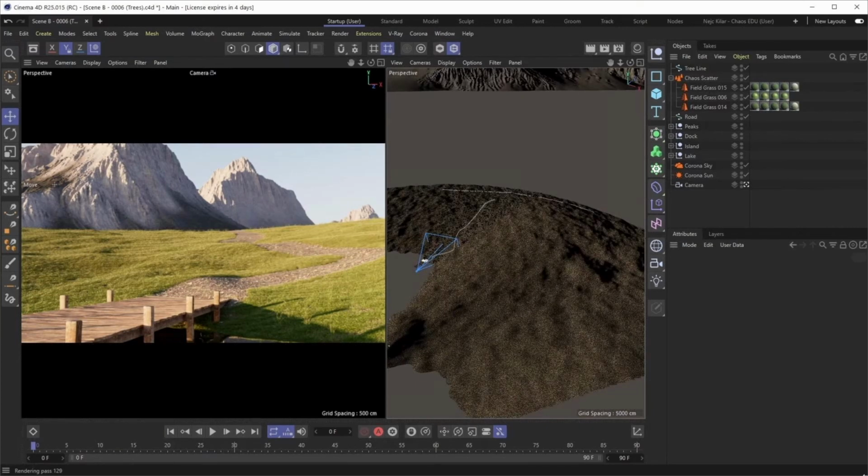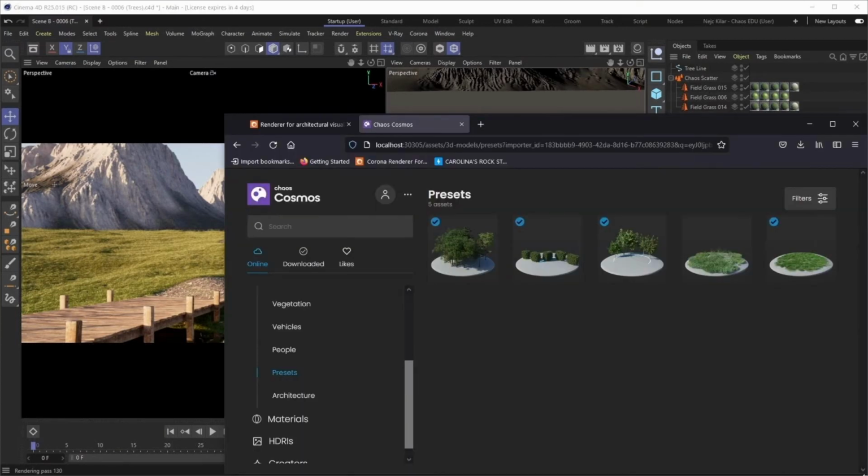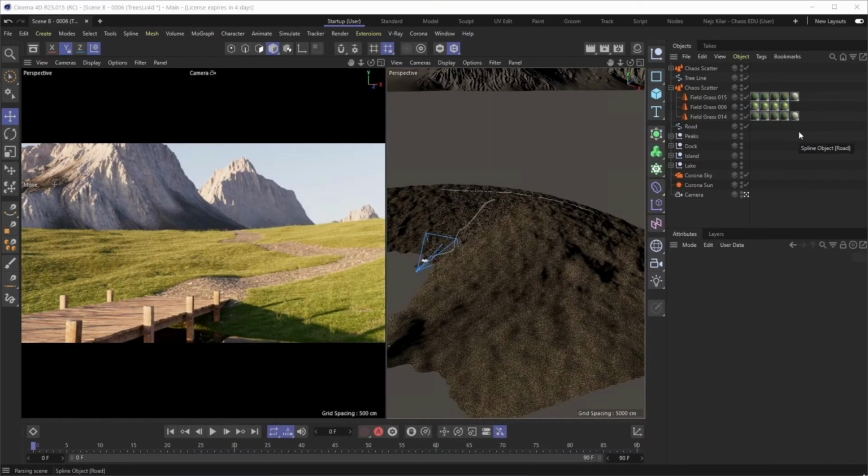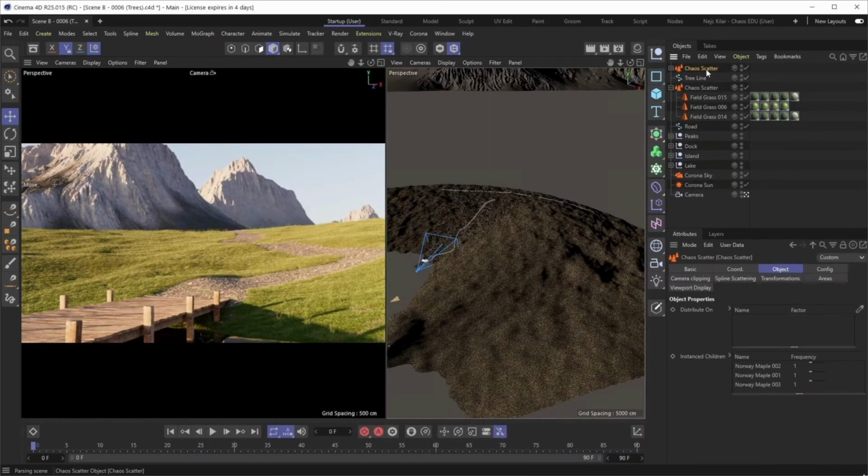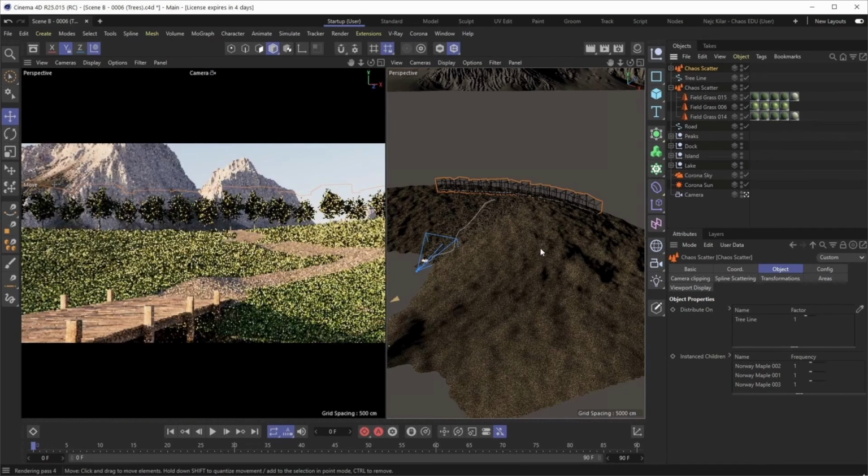And this spline is actually conforming to the surface quite perfectly because we needed to do that. And now what we're going to do is import this scatter preset of this nice little tree line. And just like that, it's already in our scene. So now all we have to do is select that tree line that we want to scatter this scatter preset on. That's a mouthful. And just like that, you're going to notice that we're going to have our nice little tree